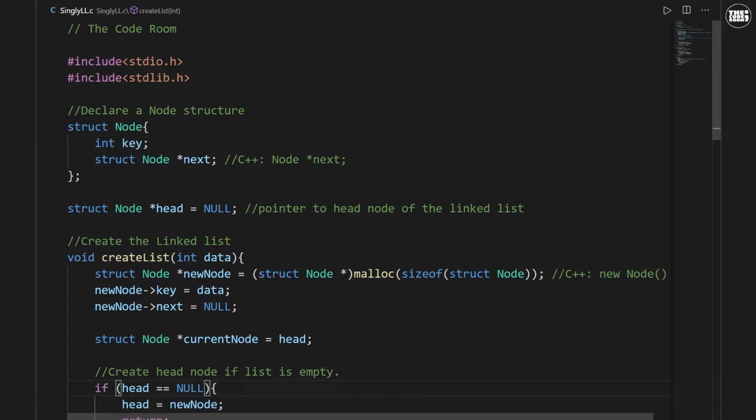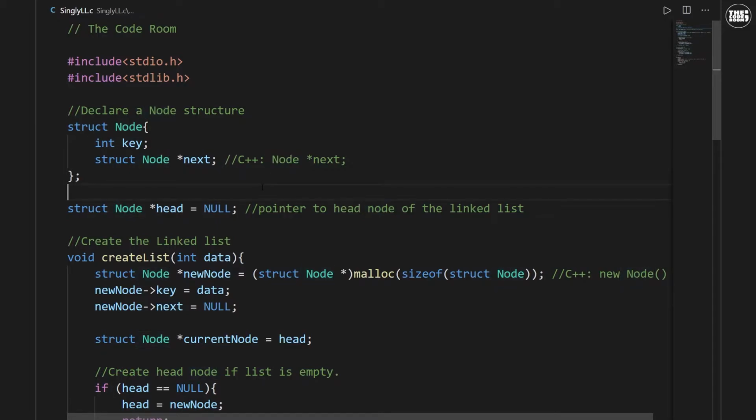First we declare a node structure. This will be used to create the nodes of the linked list. As in a singly linked list, each node has only two parts. The first part is the key part in which the data is stored, and the second part is the pointer part in which the address of the next node is stored. So here also we have created two members of this structure. First is the key member in which we are going to store the data. After this we have a pointer called next. This pointer is of struct node type, and in this we will store the address of the next node. Now if you are using structures in C++, you can directly write node instead of writing struct node.